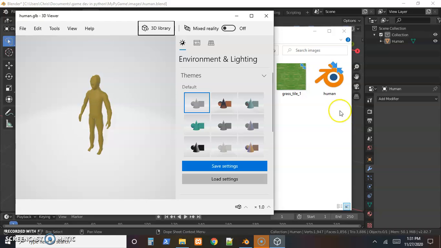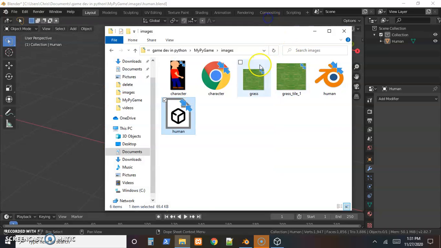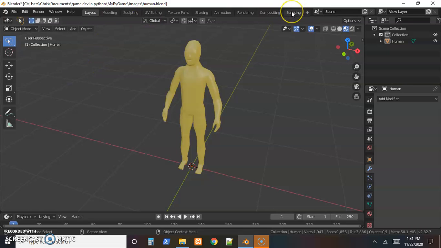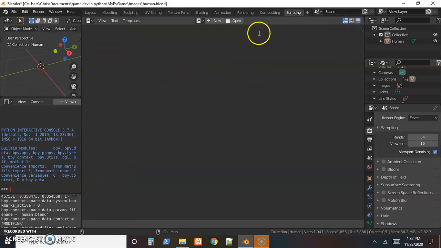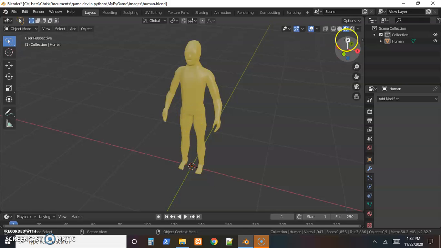And I will link to that on GitHub so you can download the entire plugin or just one script and then come over to the scripting tab and open the Python script and hit a run button, which is hidden by the default view. When you have a script open, a run button shows up right over here. So I'll link to that on GitHub, but that gives us our model, but we need to convert that to a BAM file for Panda 3D,